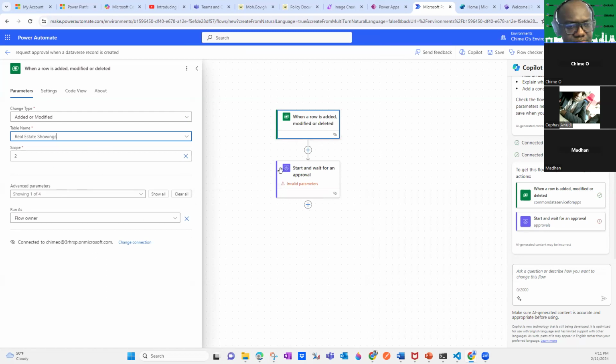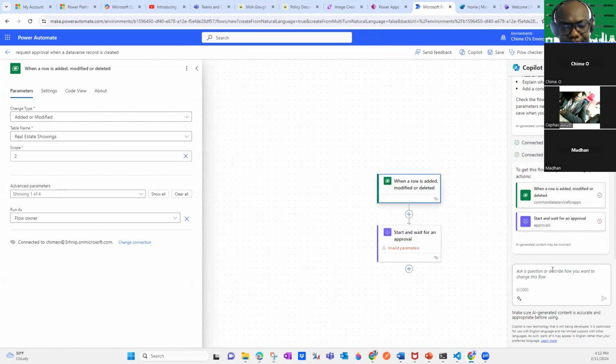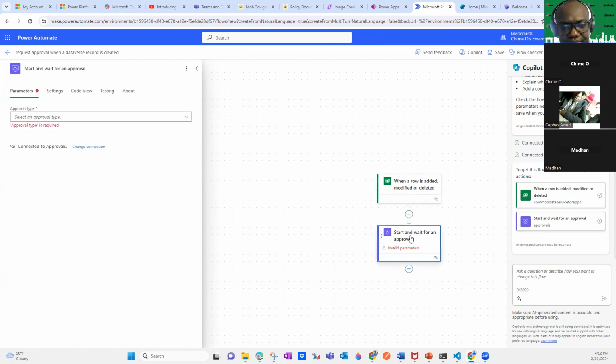But what I also want to show you is that there's a Copilot on the right-hand side navigation here. You can see it asks what you want to do when a row is added or created, like start off with approvals. Do you want to add any question to what has been described? Do you want to change it? But this is a pretty straightforward Power Automate flow. So when a row is added, modified, or deleted within that table, you want to start an approval process.